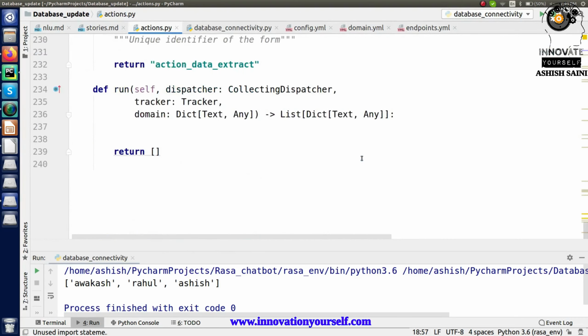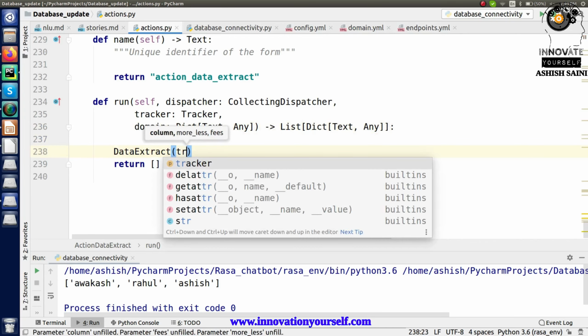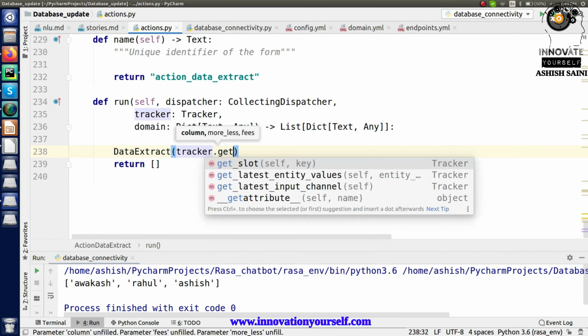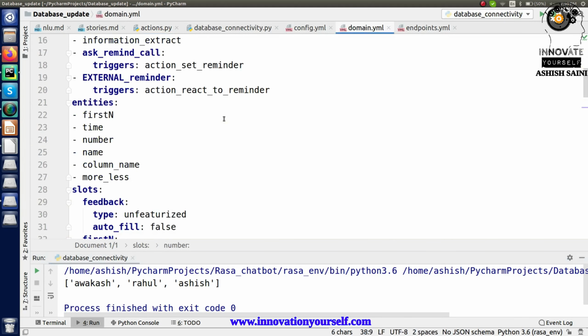And now go to this action, and in here call this data extract, and in here you have to pass 3 different values. One will be tracker dot get slot, and the first one is, what is the first slot? That slot we can check in here. The first slot is column name, so mention it here.